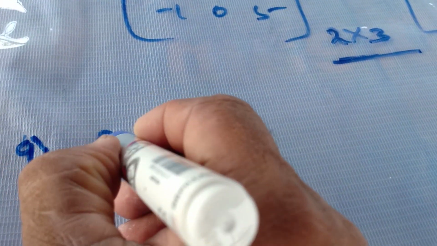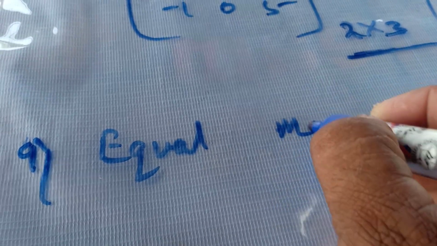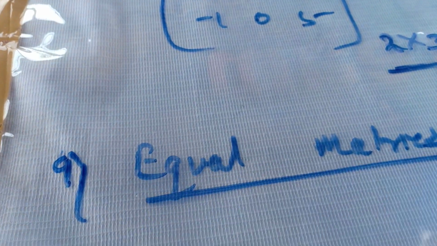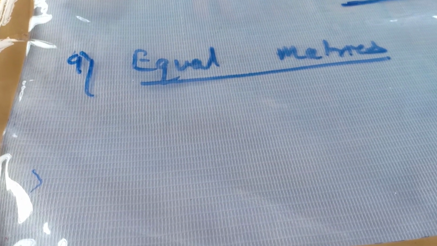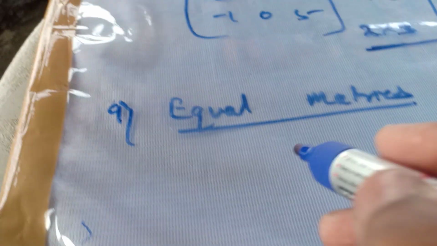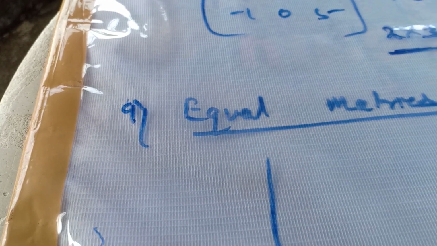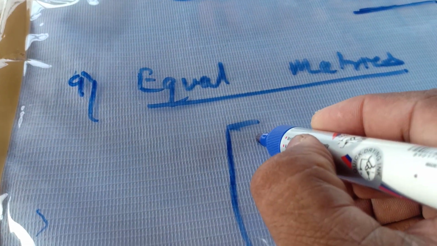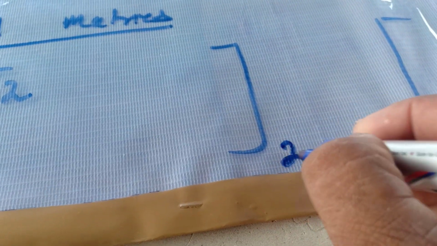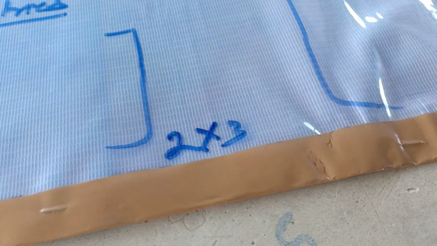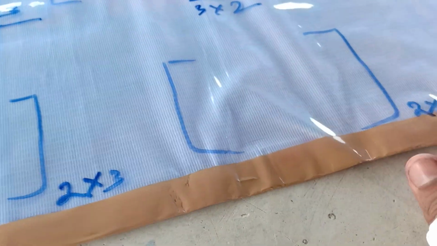Next we will go to equal matrices. You can see clearly from here that two matrices are equal whose order is equal as well as the corresponding elements. Corresponding elements means, as we have discussed how the elements are written: A11, A12, A13, A14. First we discuss that the order must be the same. Suppose this is a 2 into 3 matrix, and this is also a 2 into 3 matrix. So the first part is clear, the order must be the same.